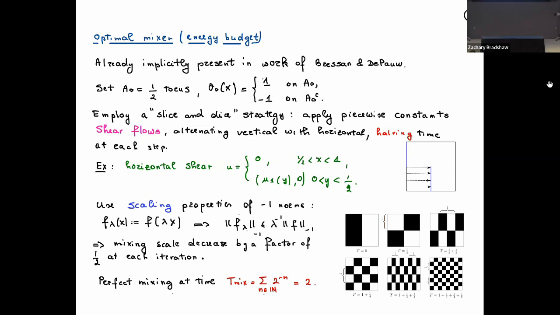So let's look at what we do. The first step, we move the top half exactly one length of the torus. Okay, and so we get this checkerboard pattern, at time equal 1/2, and then I apply the same exact flow but in the vertical direction. And so you see at time 1/2 + 1/2, I have recreated exact replicas of the initial configuration.